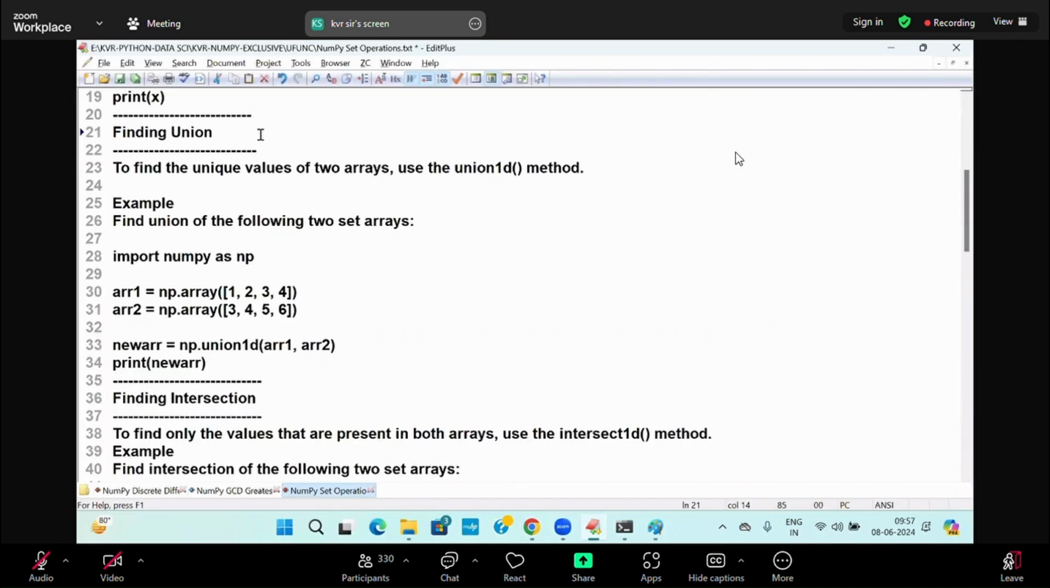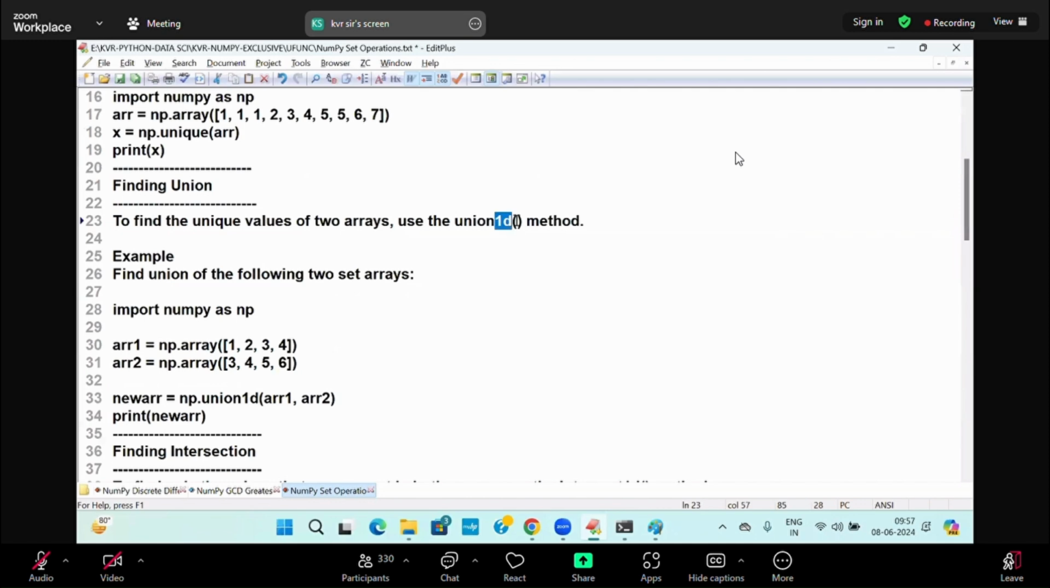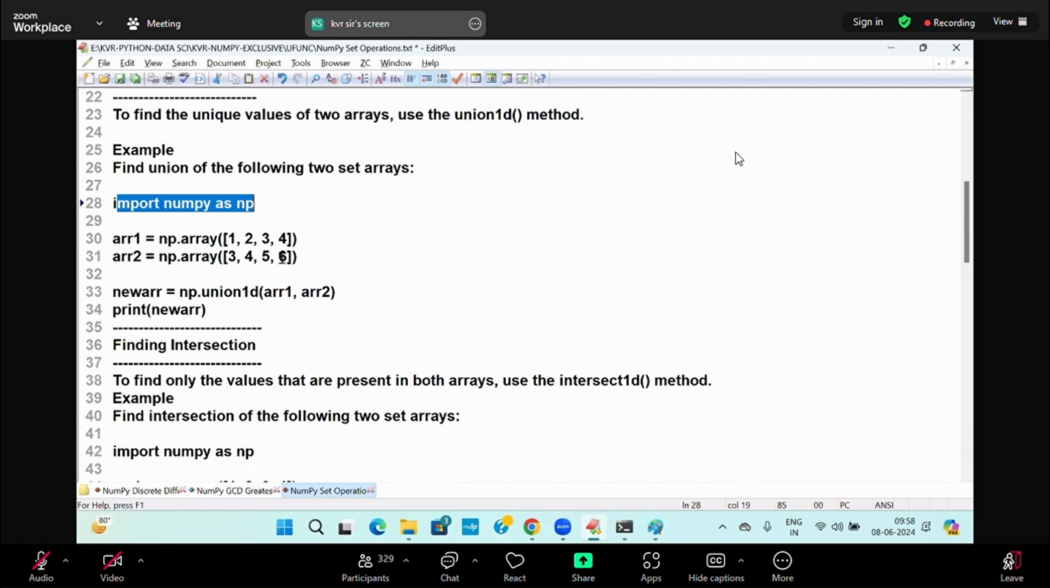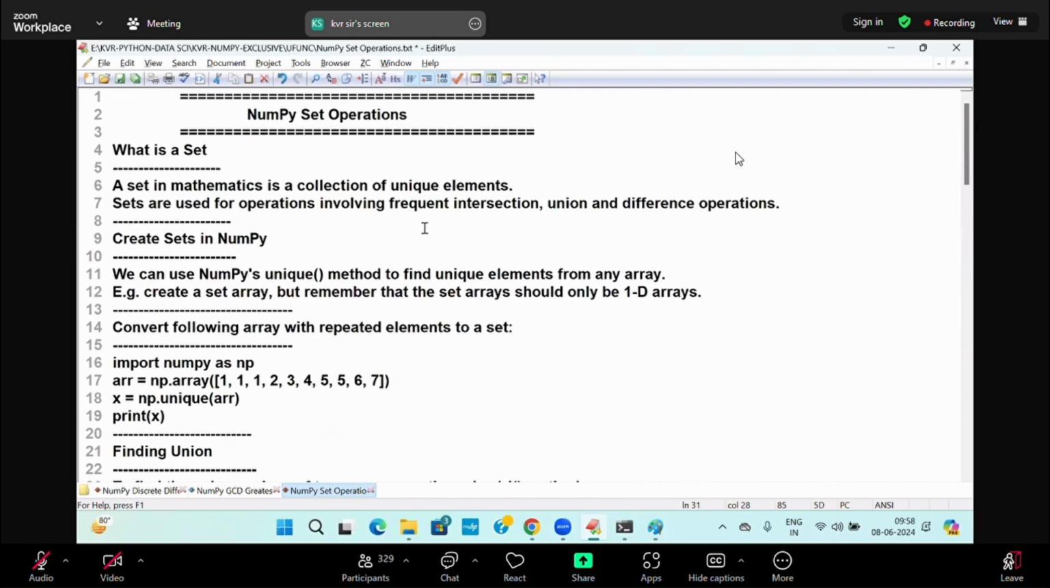Finding what? Union. Find the unique values of two arrays. Use what? Union 1D. It is nothing but a union only. Come on, start. Import numpy, arr1 equals np.array of 1 2 3 4, arr2 equals np.array of 3 4 5 6. What is the union 1D? 1 2 3 4. This 3 4 will not come again, and 5 6 will come,